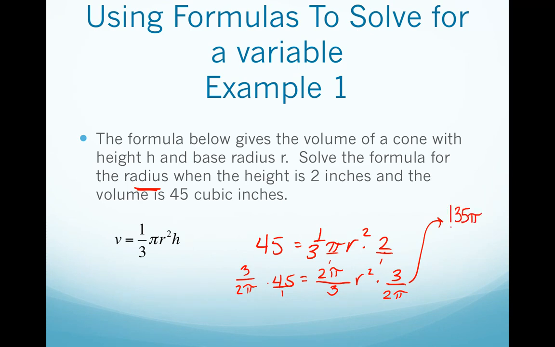Keep the pi. Oh, the pi was in the denominator. 135 up top. On the bottom, we have a 2 pi. That's equal to r squared. And then to get rid of the squared, you take the square root. So square root of 135 over 2 pi is equal to r. So the first thing you should do in situations like this is plug the numbers in and then solve for